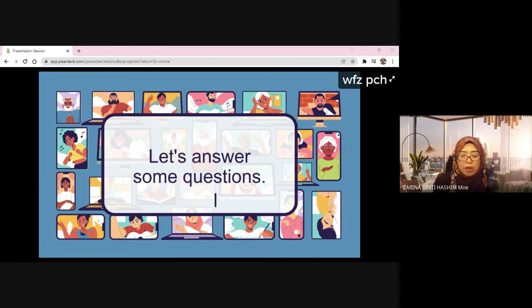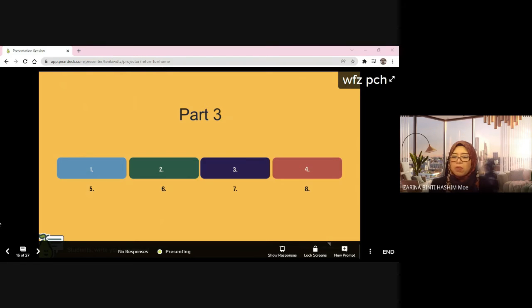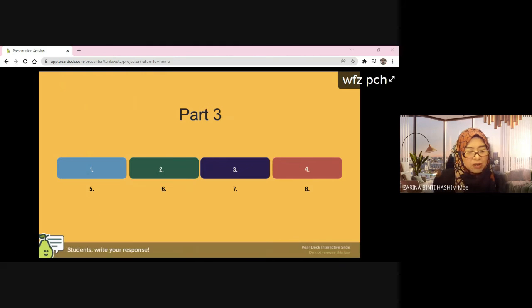In paragraph 1, look at the question first. Facebook would be the world's largest country by population. So now you look at paragraph 1, and you only read paragraph 1. I opened the slide for you to type your answers in Pear Deck. You answer questions 1 to 4 only for this class. The rest you will do offline after our class. For now we are doing number 1 to number 4.